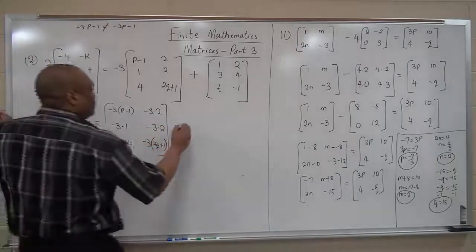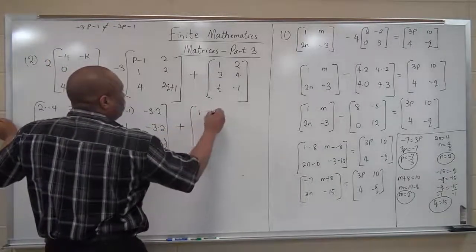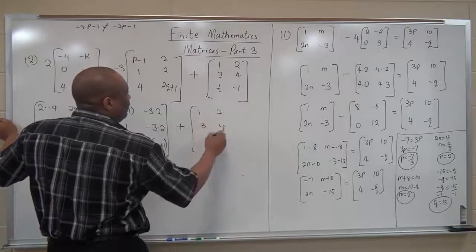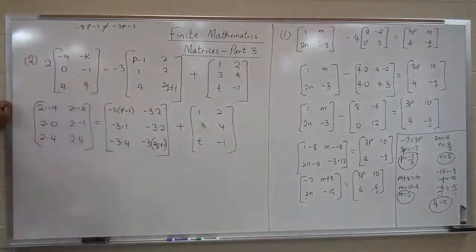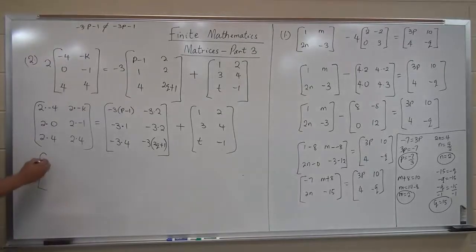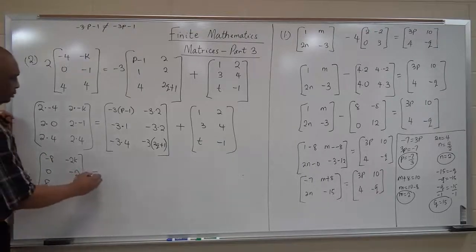Then plus 1, 2, 3, 4, t, -1. I did this by row. All right. So this will be -8, -2k, 0, -2, 8, 8, equal to,